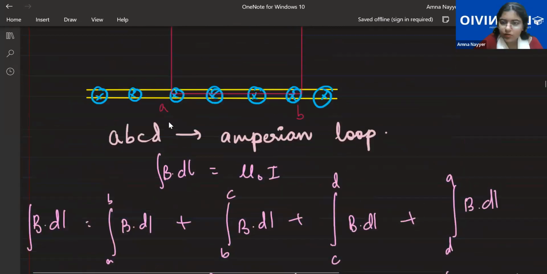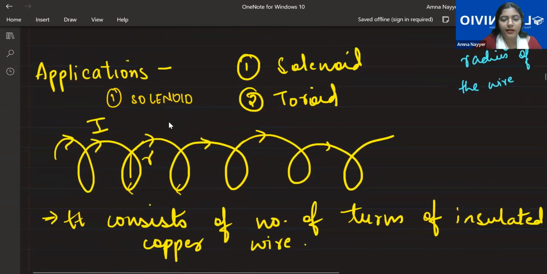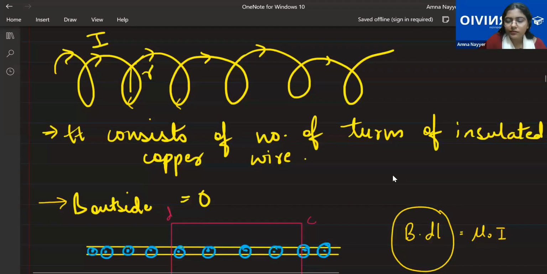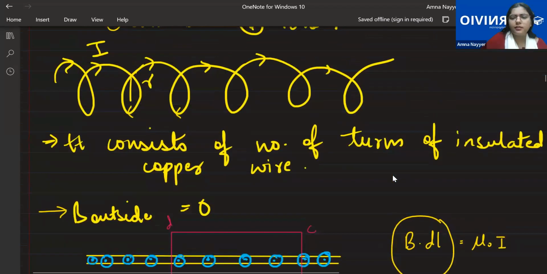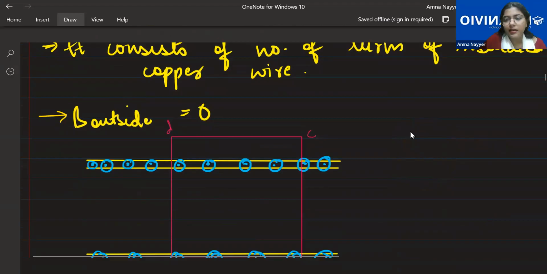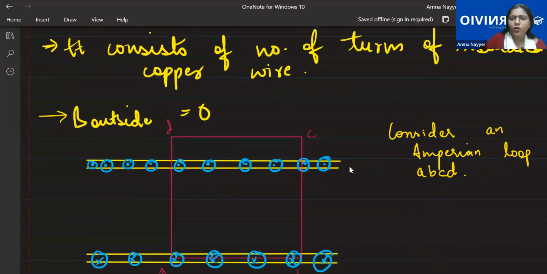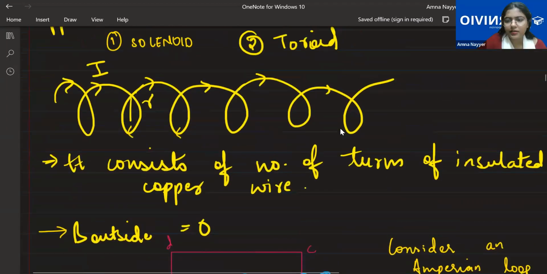We'll practice one or two questions based on this first before moving on further, because numericals also come from this. Ma'am, is there any consider statement? No, here it's just a solenoid. Or what you can do, we can write something for the Amperian loop. Because the solenoid is already a device, but yes, we can write: consider an Amperian loop. We have named it A, B, C, D. For the loop, the rest of it is just Ampere's circuital law.